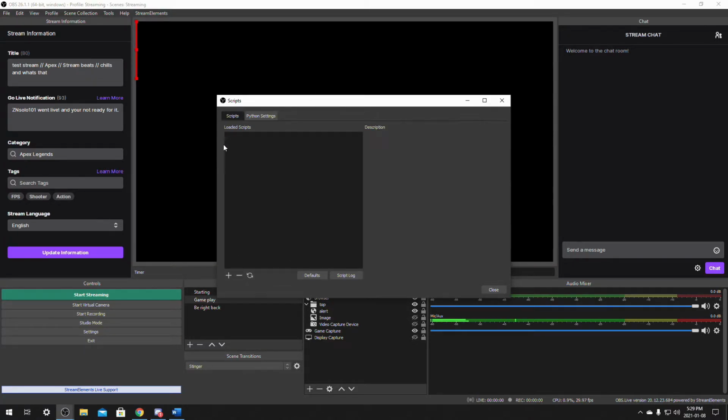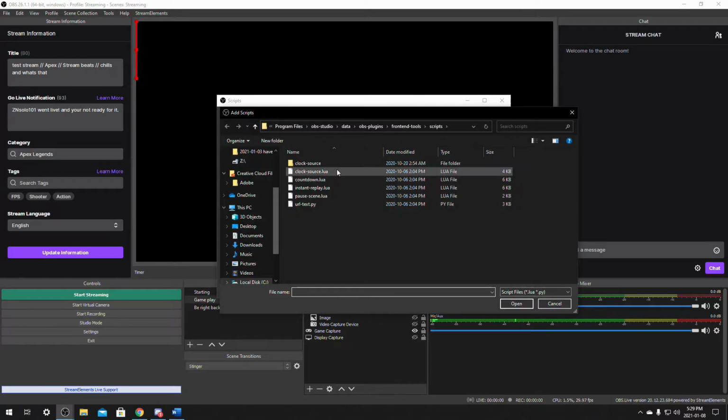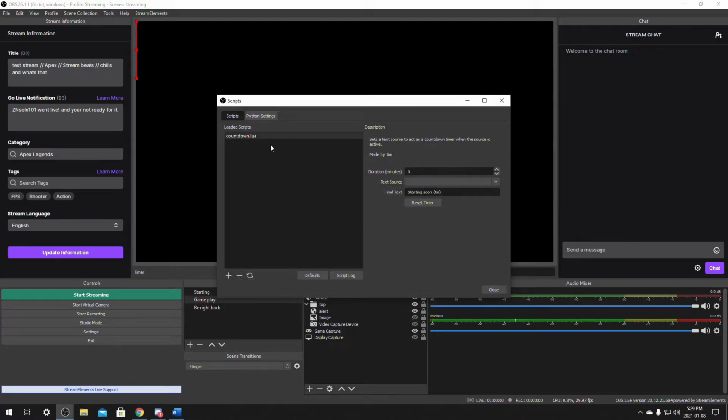Now in the default OBS scripts, there's a few available that you can use, like clock, source, countdown, instant replay, a few things here, and we're just going to use their countdown timer right here that's already pre-made. OBS comes with this stock, OBS and OBS Live. Then all we have to do is just pick our duration,